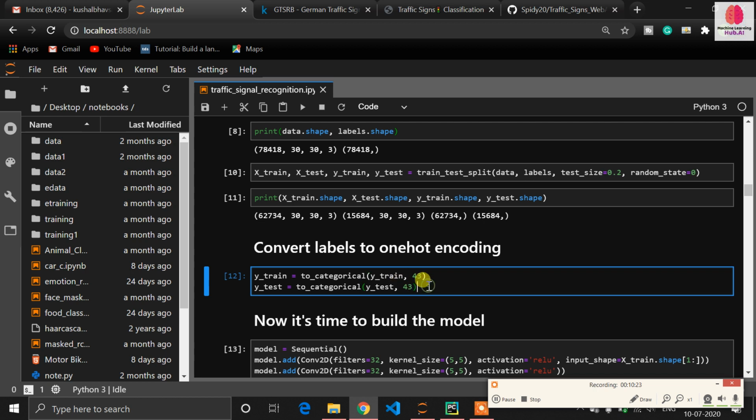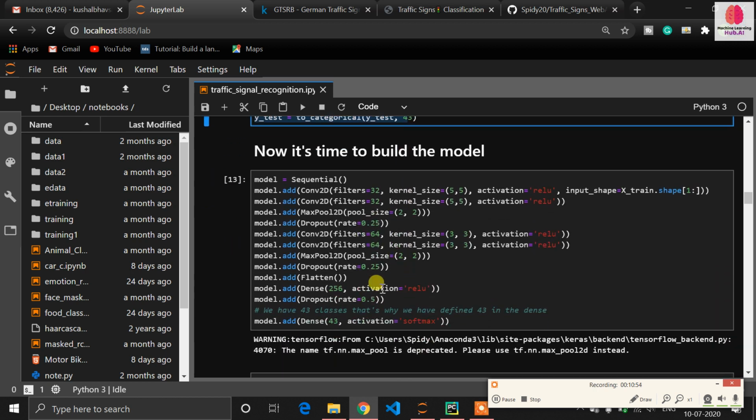We can do this with scikit-learn, but Keras already has a to_categorical method which allows us to do one hot encoding. We need to do one hot encoding on our labels, meaning our Y data. We have fitted our one hot encoding on Y train, and how many labels do we have? We have 43 labels. That's why we have applied one hot encoding on Y train and Y test.